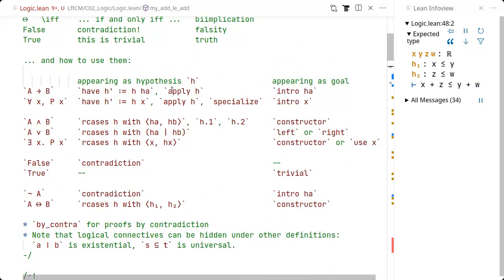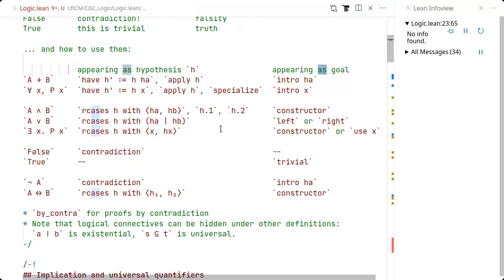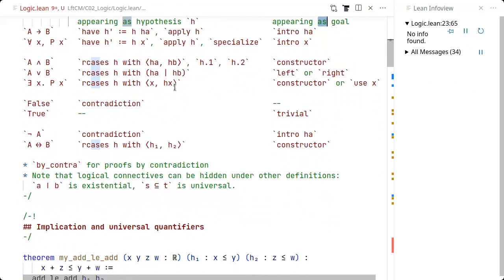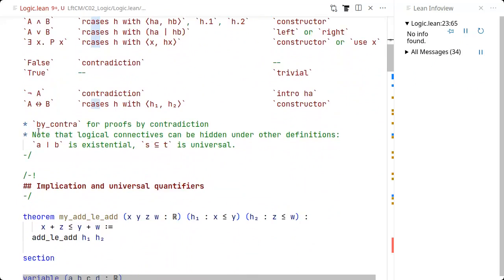And maybe it's good to have this open as a cheat sheet, if you don't remember how to use the logical connectives. They all differ in terms of what to do with them if you have a hypothesis and you want to deconstruct this logical connective, or if you want to prove the logical connective, which would be the rightmost column here. I will now go through all of these in more detail. There's by_contra for proofs by contradiction, and also these